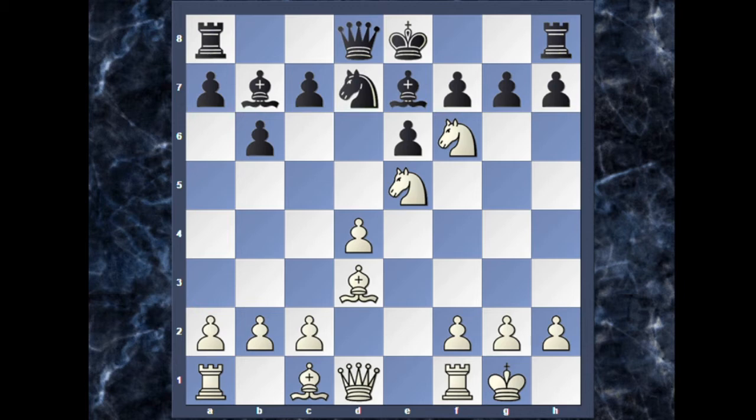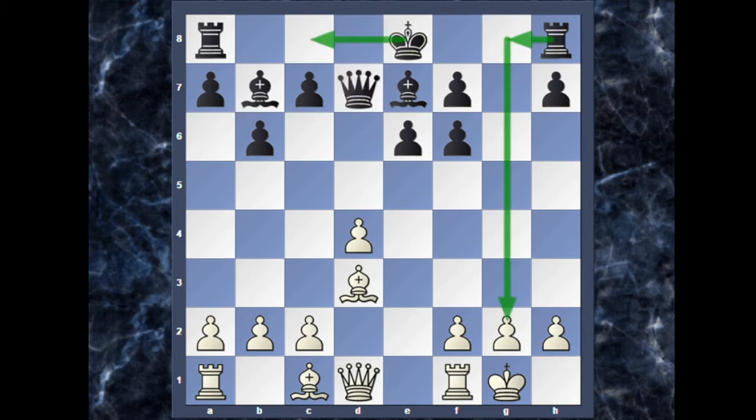captures the knight with the pawn, which was played in the game, white will capture the knight on d7, and black will capture the knight back with the queen, with an idea of castling on the queen side and attacking the white king along the g file. But